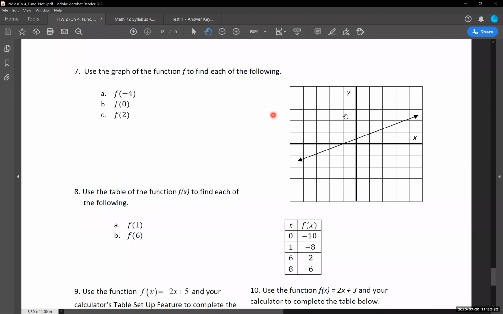And then in here, for example number 8, we're doing basically the exact same thing that we did with, I think it was example 5. Yeah. We have been given an input value, and we need to find its corresponding output value. So f of 1, 1 is my input. I'm finding one of my input spots right here. What is its output value? -8. So f of 1 is equal, right in here, to -8.